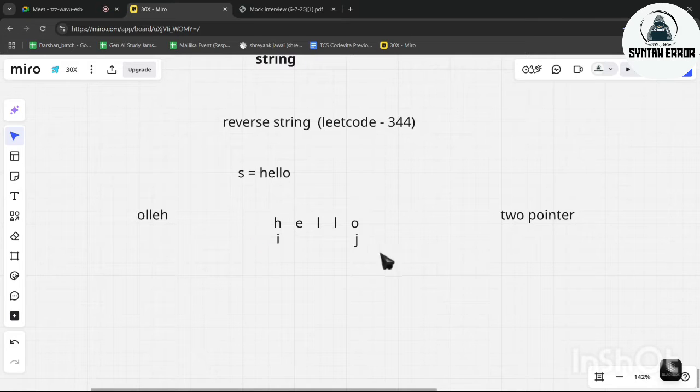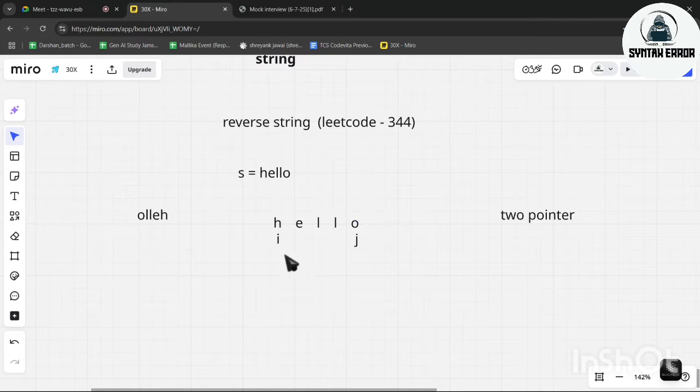In this example we took two pointers. One pointer we have named i, another pointer we have named j. We have kept the first pointer at the starting of our string, and we have assigned the second pointer to the last of our string.